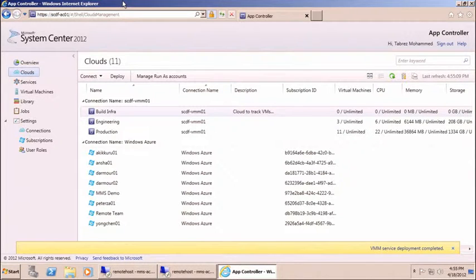So you can use VMM 2012 without introducing clouds, for example, right? If you upgraded from 2008 R2, you only had a construct of managing hosts within host groups. Now, App Controller depends on you having access to clouds. So if you have all your VMs sitting in host groups and you log in, you'll have access